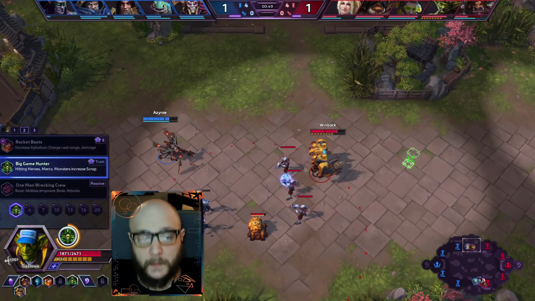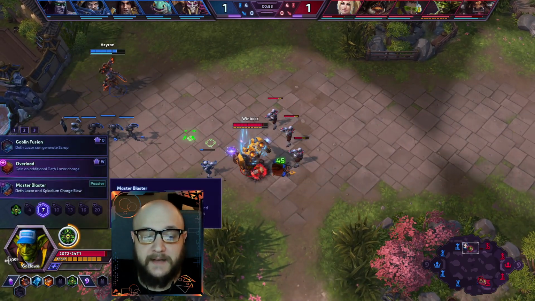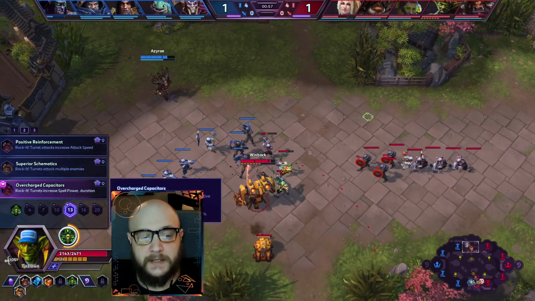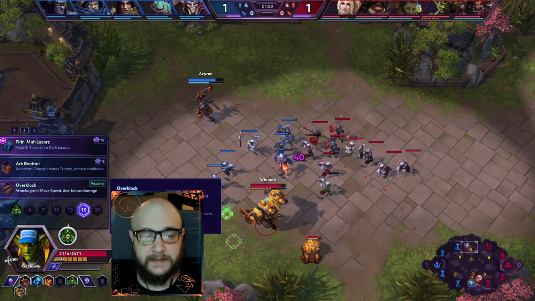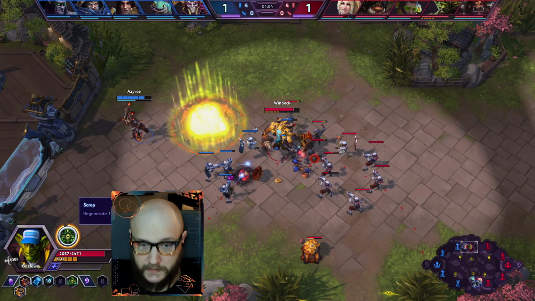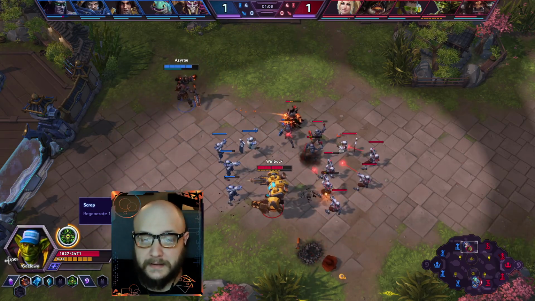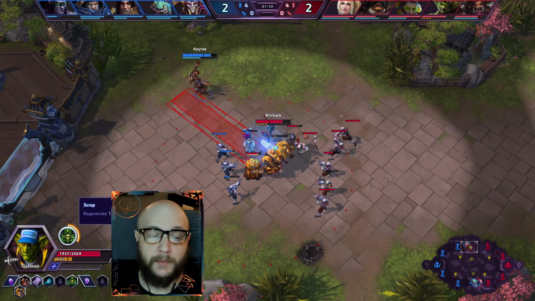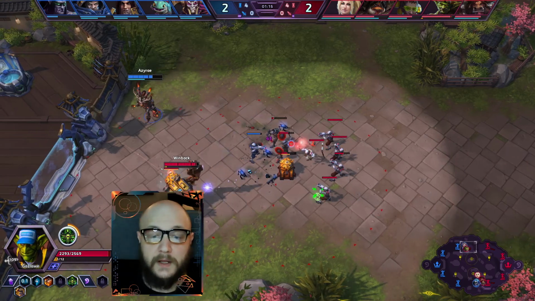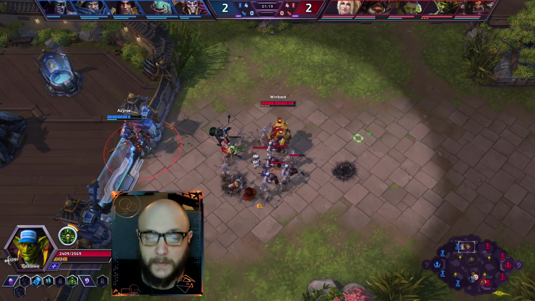So Big Game Hunter at 1, we're going to take Easy Peasy Dimensional Ripper at 4, 7 is going to be Overload, 10 is going to be Robo Goblin, 13 is going to be Superior Schematics, 16 will be Overclock, and 20 will be Bomb Toss. So the 20 talent tier is never going to change. I don't think that any of the talents on that tier, except for the Gravel Bomb upgrade, can really compete with Bomb Toss. But I do think that Robo Goblin has some good uses, and we're going to see those,